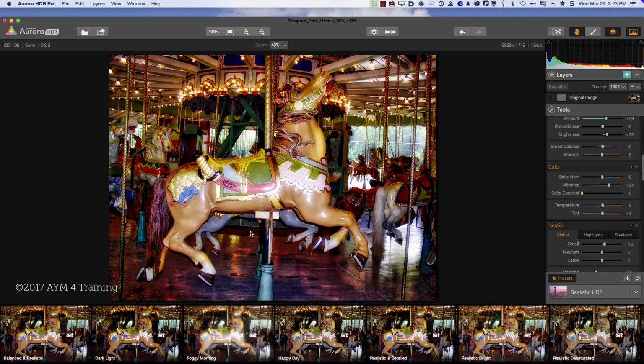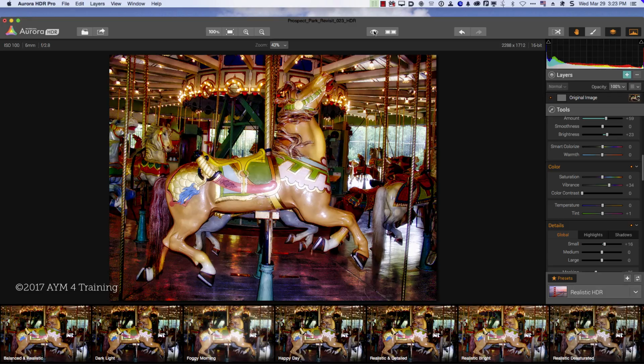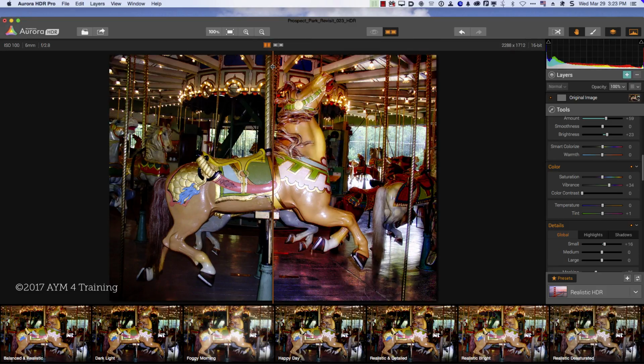Now, how do I know I'm improving things? Up at the top of the screen, I can turn off the effect. This is what it looked like when I started. This is where I've brought it. I'm trying to keep it subtle. We don't have to. I also have the ability to view this as a split screen,